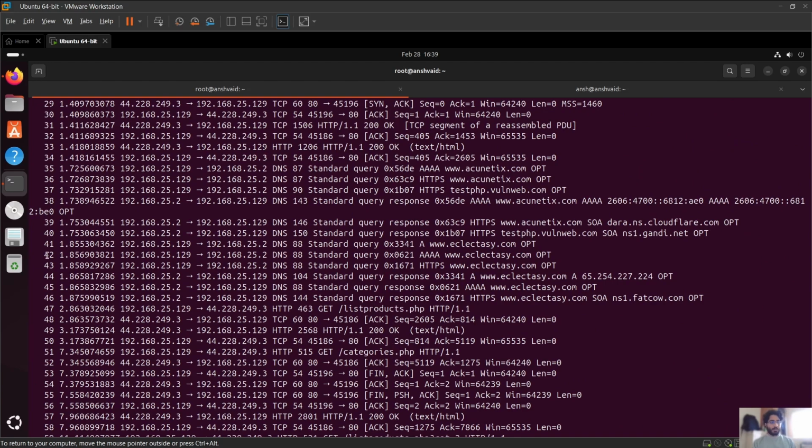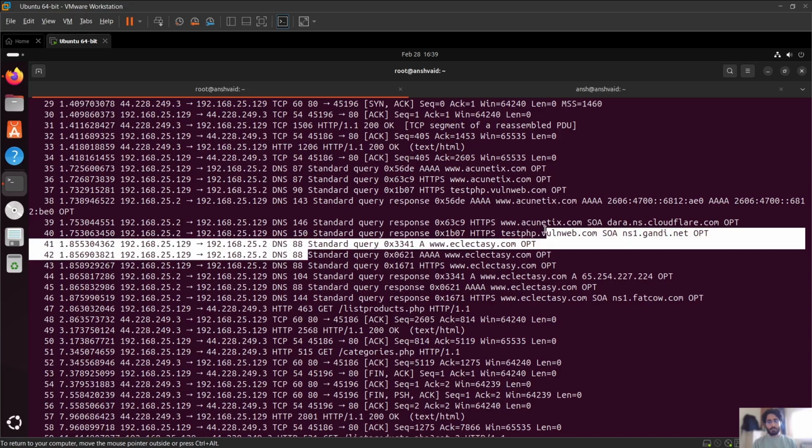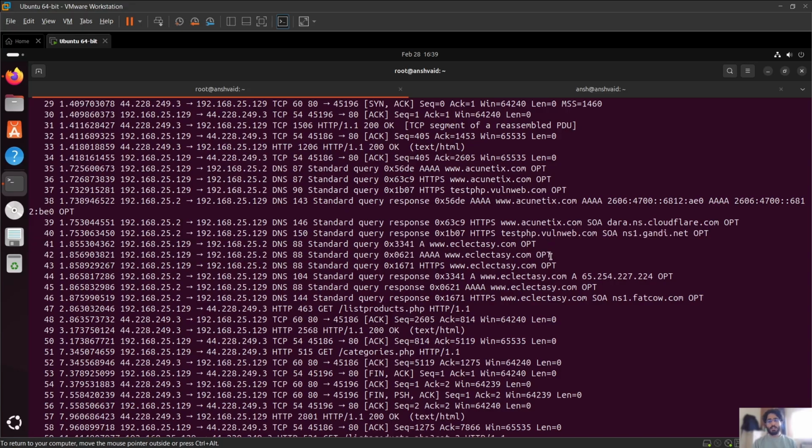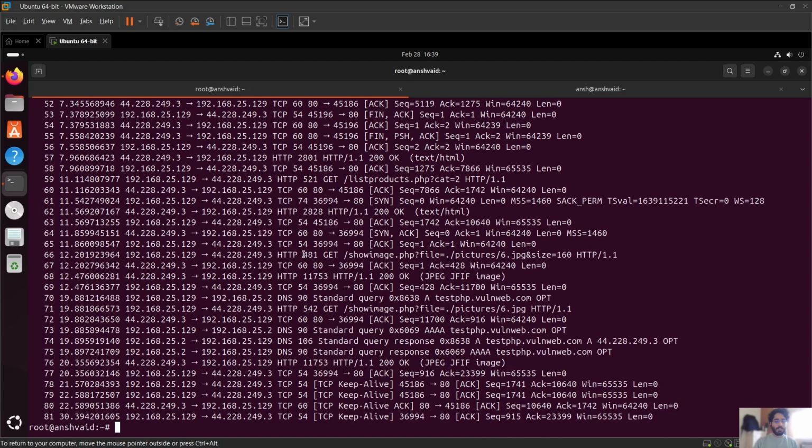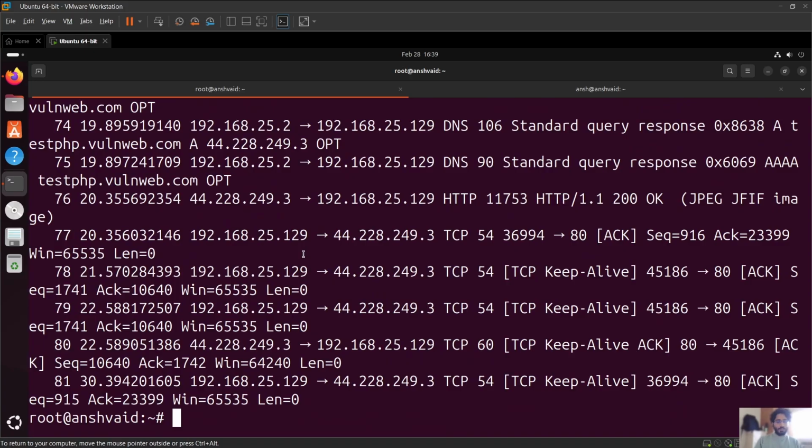This is the way. Again, the packet number, the timestamp, the source IP, destination IP, protocol, size in bytes, and then the information, in the same way that we have seen in the GUI version of Wireshark. That's why we did the GUI version of Wireshark before, so that you can relate it with the command line option. Now we can do the same type of filtering. For example, tshark -r